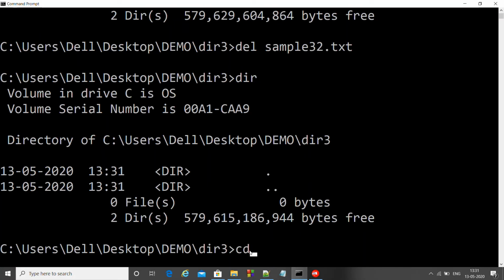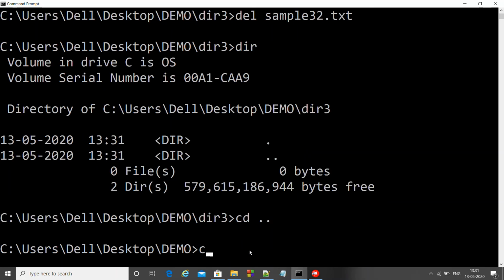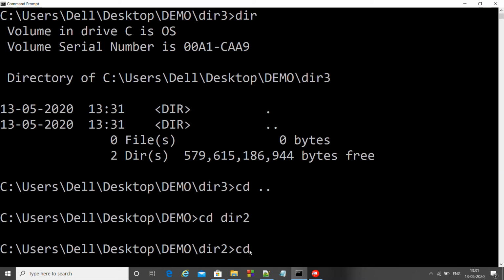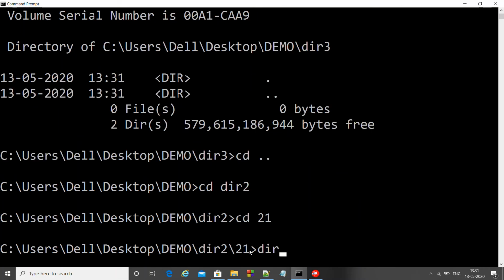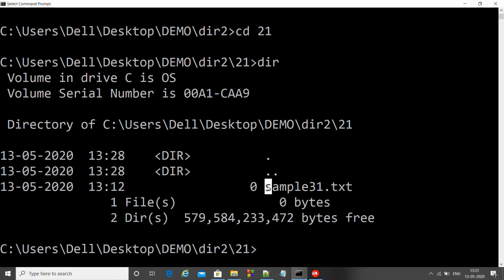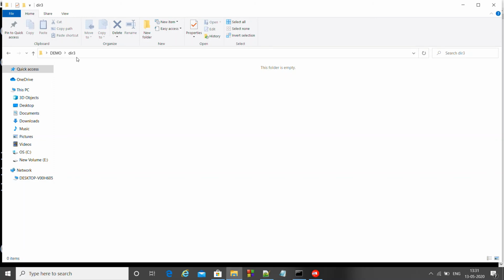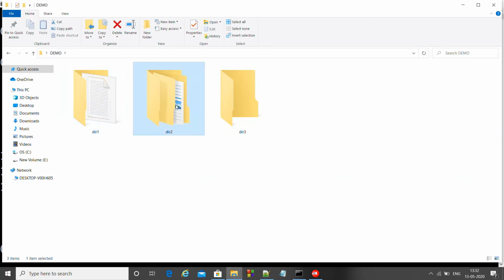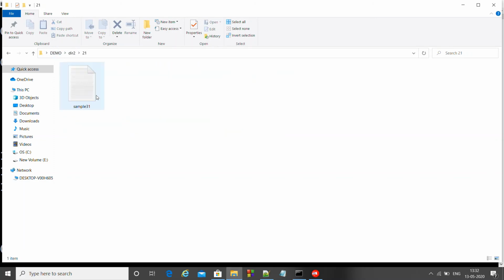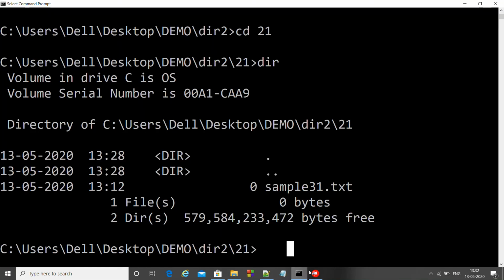We'll try once again with another file. cd dir 2, then we have cd21. Here we have files, sample31.txt. Suppose I want to delete this file. We'll parallelly check here also. There is this sample31 file. If you want to delete it, we'll do del, then the file name.